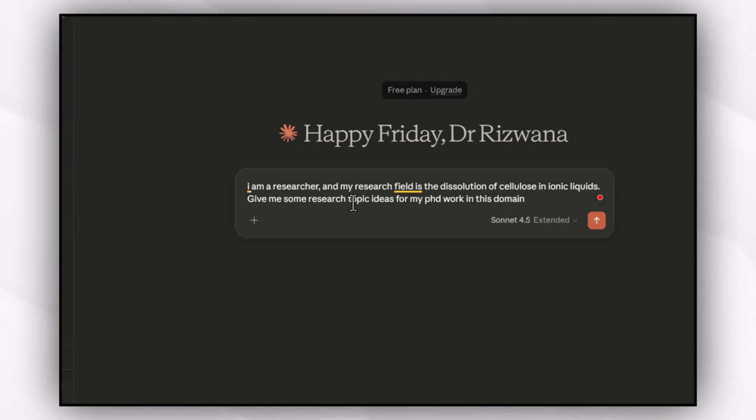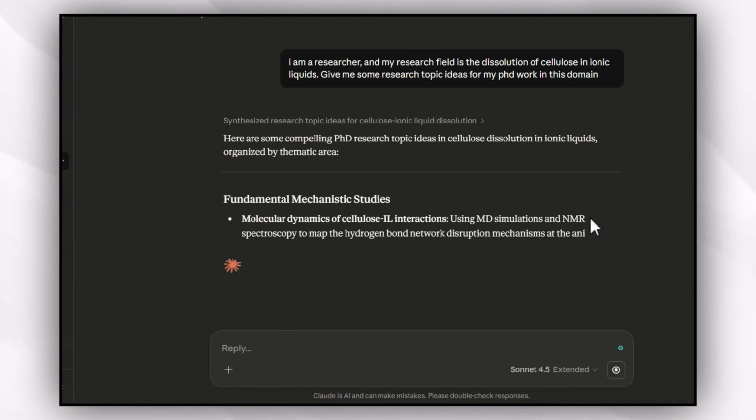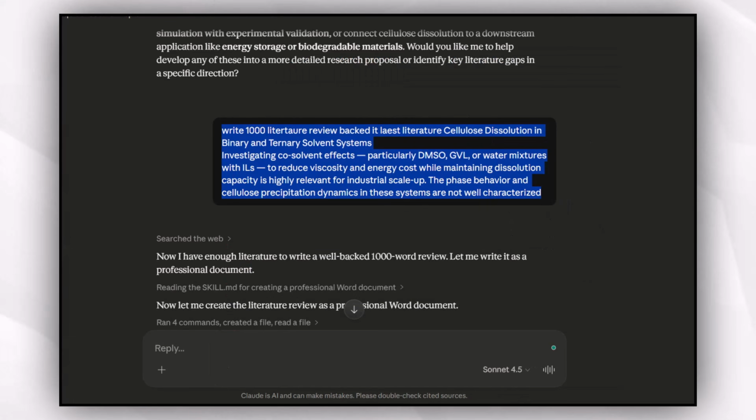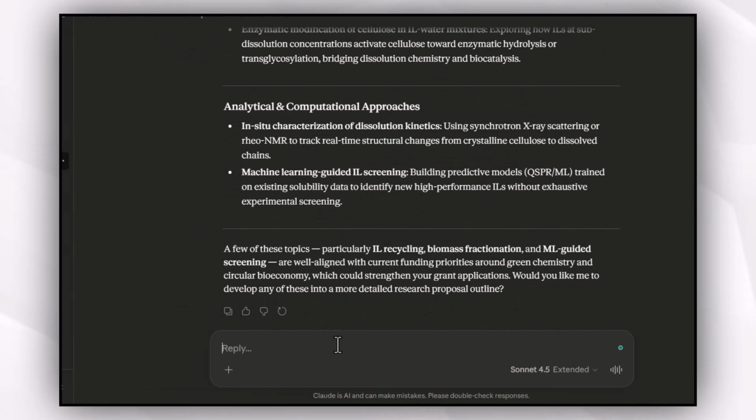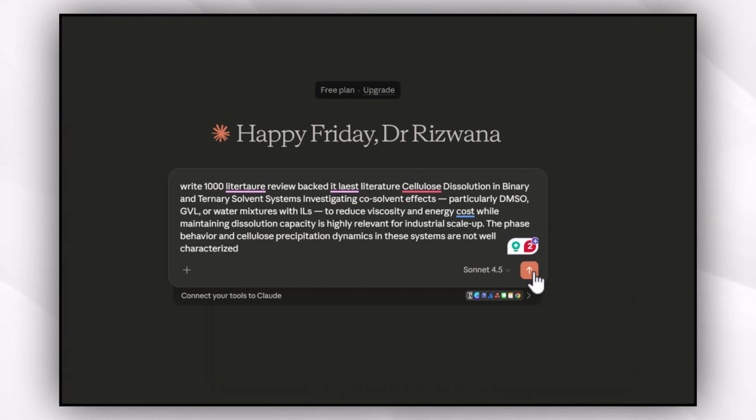Give me some research topic ideas from a PhD work in this domain. So I can use this tool, its writing feature, for brainstorming, for idea generation. I can develop the research plan, I can develop the research proposal, the body of the research proposal, any kind of a research document. So for example, I ask it to write a literature review backed with the latest literature, and